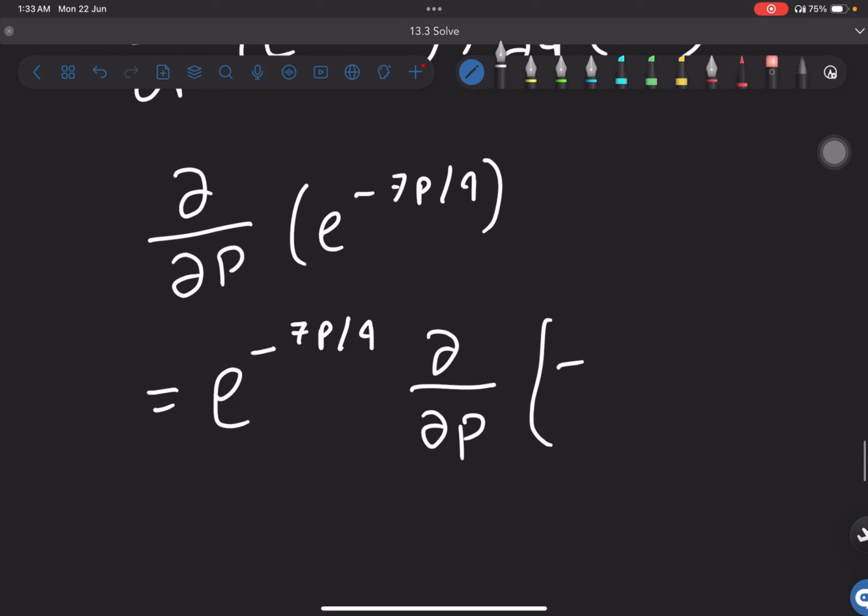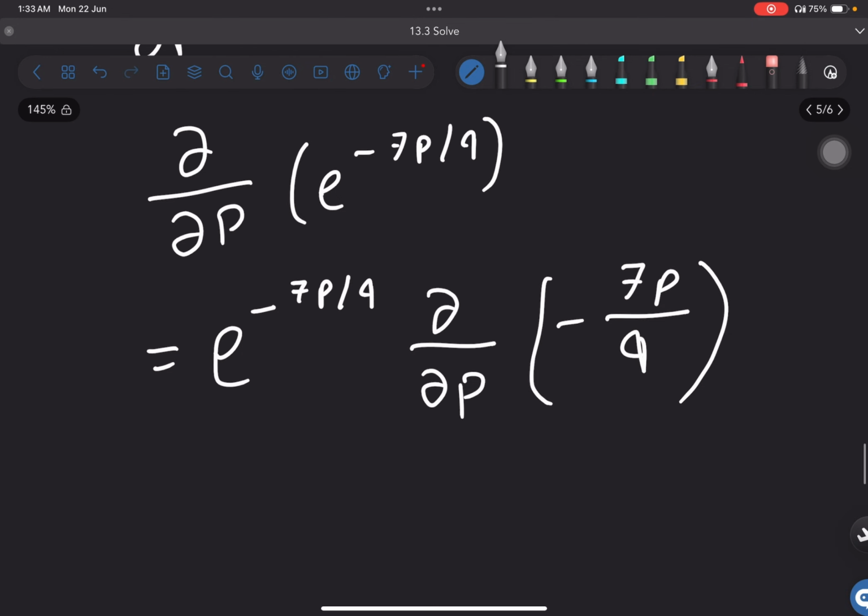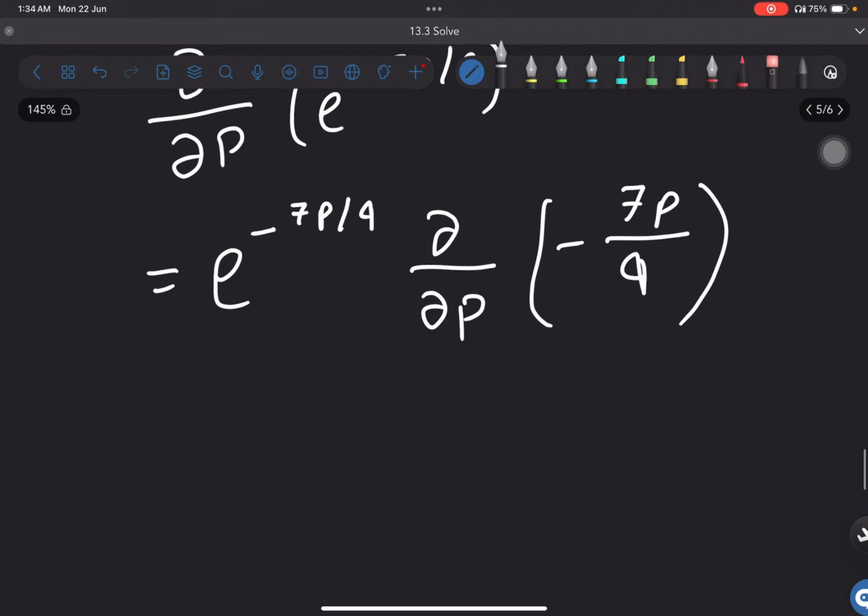Similarly, we need to do the same for this math, which is del p of minus 7p by q. When it comes to partial derivatives, if there is a constant which is in the form of either multiplication or division, in that case we have to consider them as constant. What happens over there is, if I just write more simply,